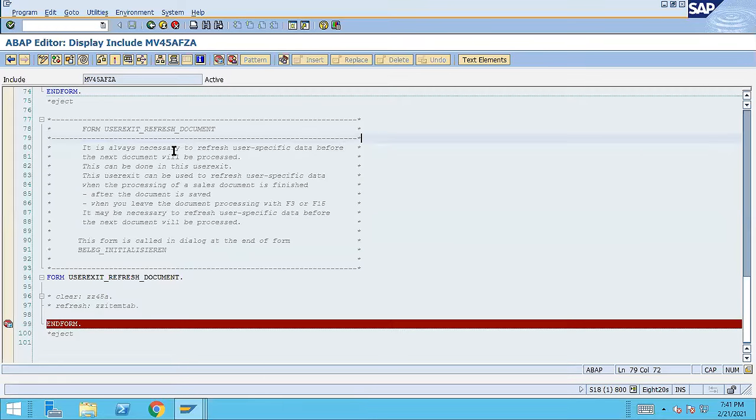So here you can see it is always necessary to refresh user specific data before the next document will be processed, right? This can be done in this user exit. So it's so well explained, anyone can understand, right? This user exit can be used to refresh user specific data when the processing of a sales document is finished after the document is saved. When you leave the document processing with F3 or F15, it may be necessary to refresh user specific data before the next document will be processed. So just in order to make sure whatever is written is the same as it is,